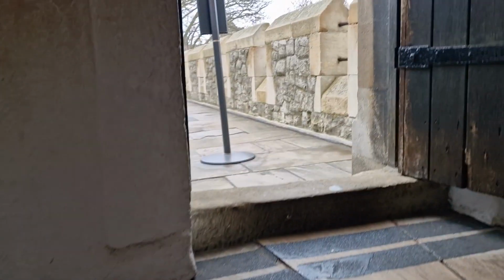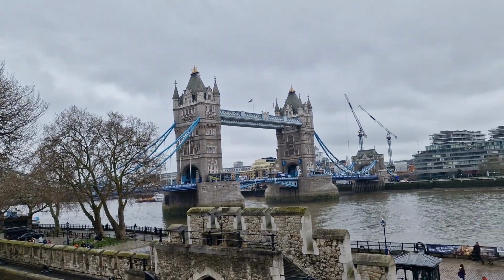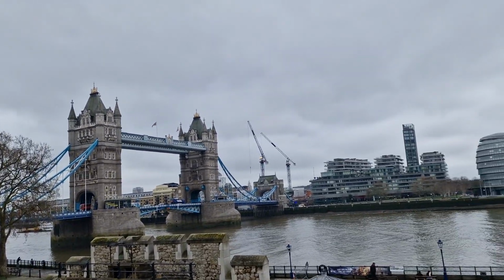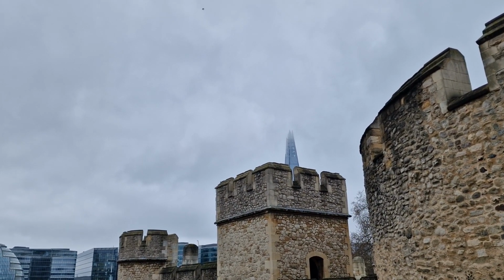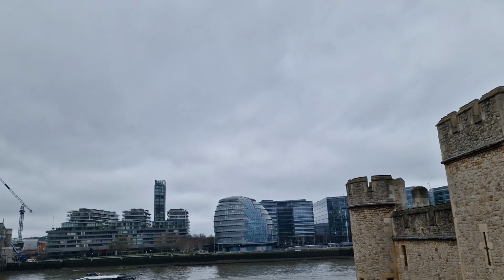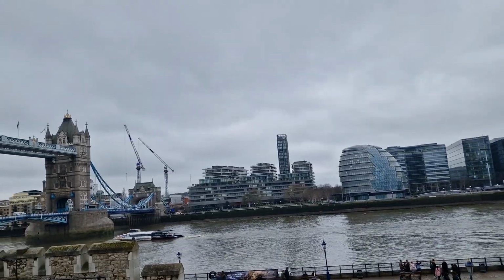Into our next area, which takes us up here. And outside, I believe. Get some nice views. Yes, it takes you outside. You get views of the river and of the White Tower, which is the oldest part of the Tower of London. Of course, you don't get more London-esque than Tower Bridge, do you? Oh, the mist is clearing now. I took a nice moody atmospheric picture earlier of the Shard all in mist. So yeah,